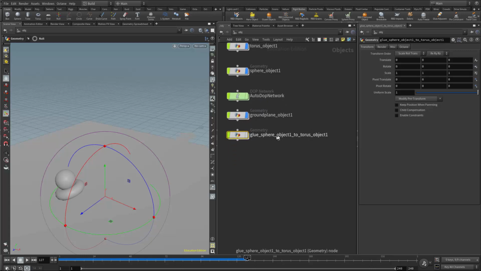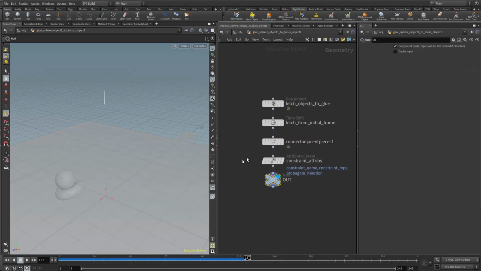It says glue sphere object to torus. So that makes sense. Now, this is just adding functionality, or the glue constraint. It's not something that needs to be displayed. So we see that there's no display flag activated on this geometry node. So if I double click on it, we can see here are the nodes that it's using to generate the